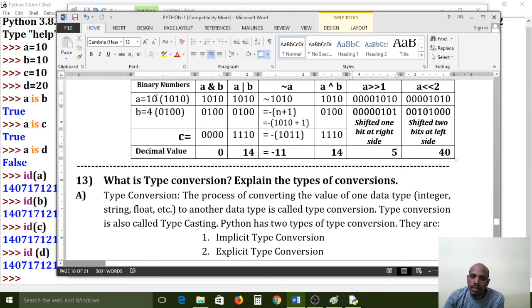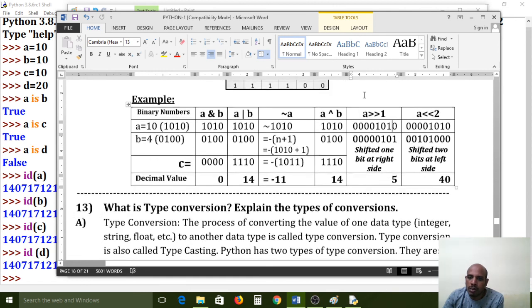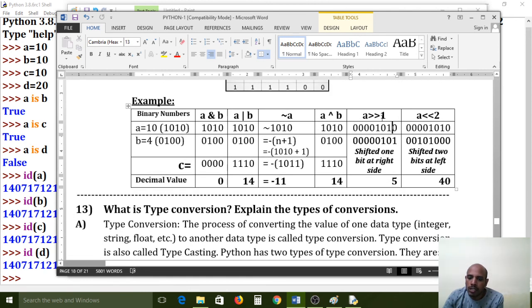The actual format is what? A is equal to 1010 in binary format, and the remaining bits become 0, because it is an 8 bit series. We don't have any other bits now, so we need to put zeros for the remaining bits. Here my expression is what? A right shift 1. So 1 bit I want to delete, the last digit, and one more 0 I want to add at the first side, because my expression is a right shift 1.